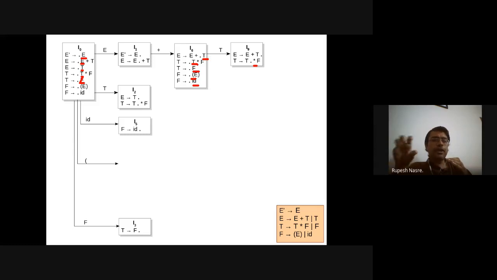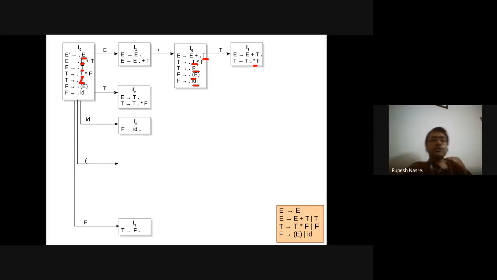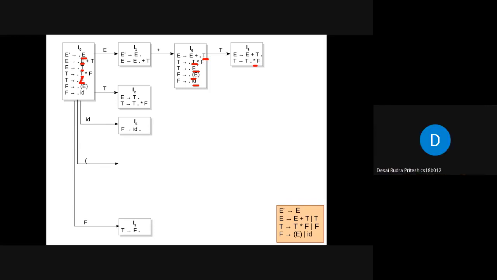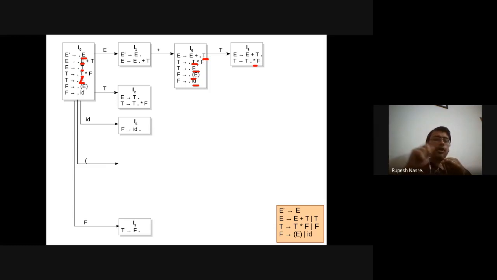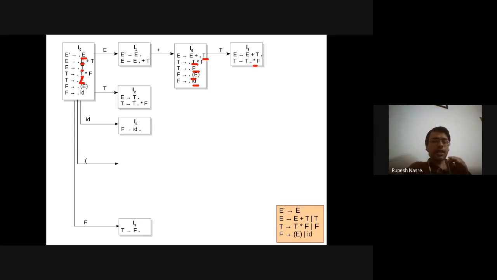So once we have reduction in I5, we go back to the previous state I0, not previous state, but whatever are the number of symbols that you have consumed in the body of the non-terminal. In this case, it's a single terminal ID. So we go back to I0, and on that we will have to now apply F, because F is now on top of the stack, and therefore we'll go to I3. From I3 also there is a reduction, and therefore now we'll go back to I0. On T we will go to I2, and so on. So we'll study that also soon.